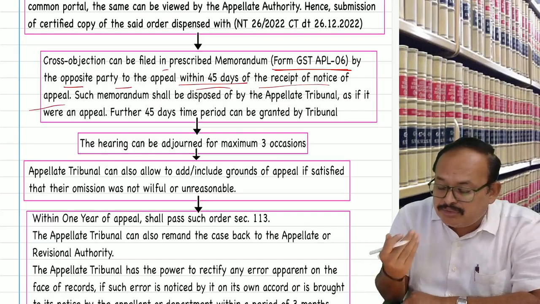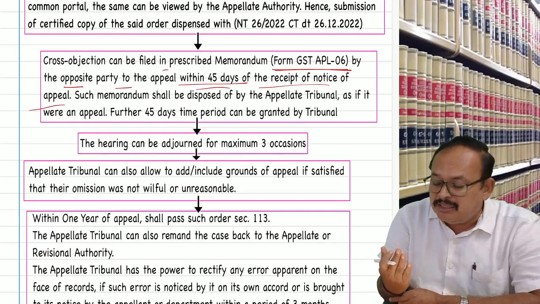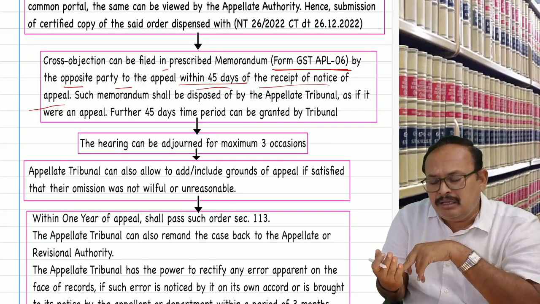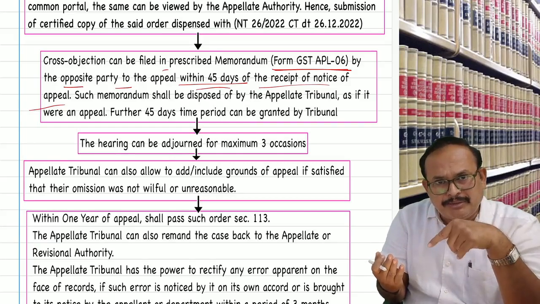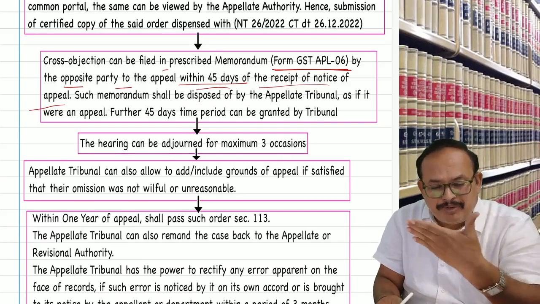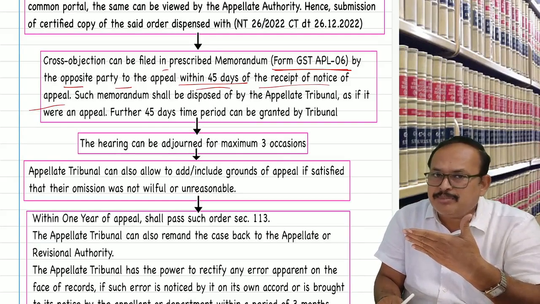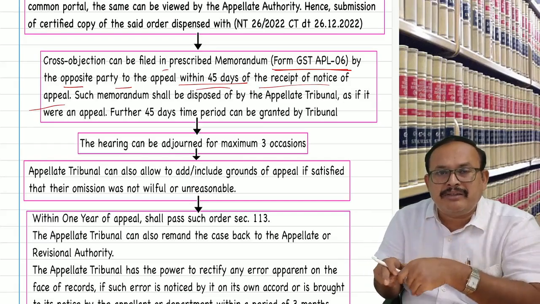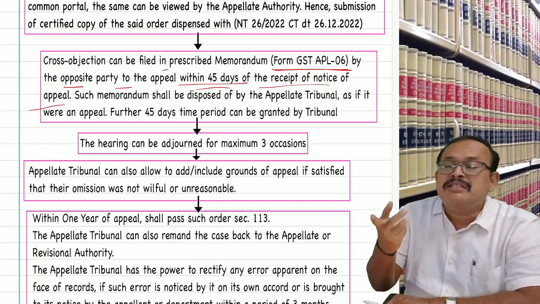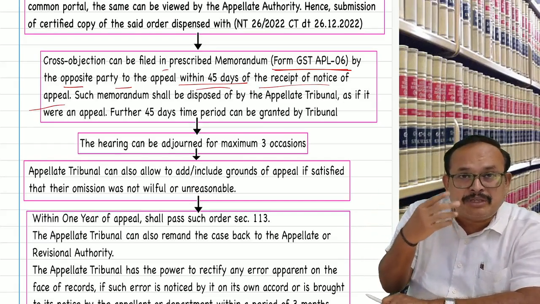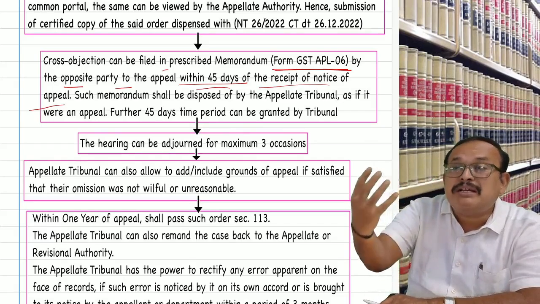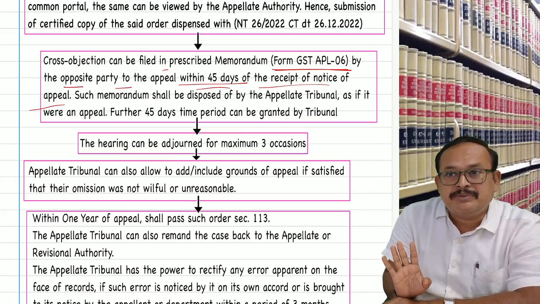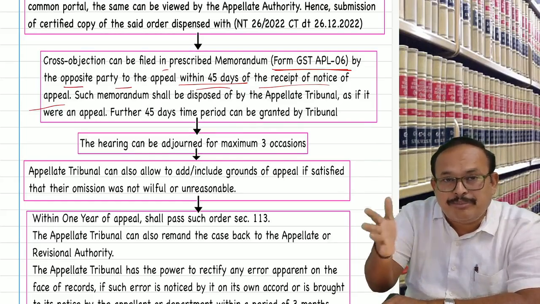When the submission takes place, the tribunal asks, hey department, the taxpayer submitted this particular appeal, you want to submit your stand, submit. Or if the department filed the appeal in the tribunal, hey taxpayer, the department filed the case in the tribunal, you want to submit the clarification, submit. Like that, the tribunal sends the notice, and within 45 days of receipt of that notice, you have to submit your cross objection. Sir, Milord, it is not so. My stand is this. The respondent should submit.